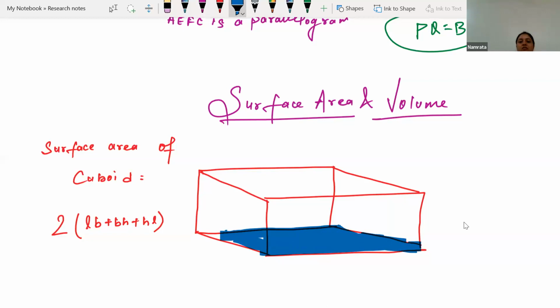Can you see this rectangular surface? Can you see? Yes, ma'am. This surface is just a rectangle where length is L and breadth is B. So here the area of this rectangle will be length into breadth, L into B. Similarly, the top one is just like the bottom one, where length will be there, breadth will be there. So the area of this one is also length into breadth. Now what about the area of the other rectangles which this cuboid is already having? So if I am talking about the area of this rectangle,